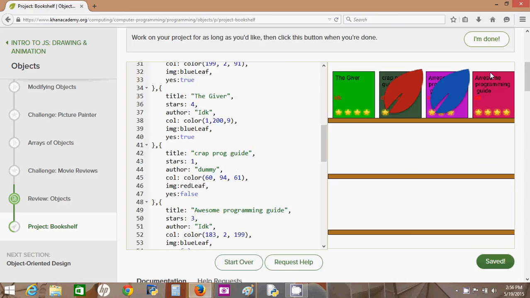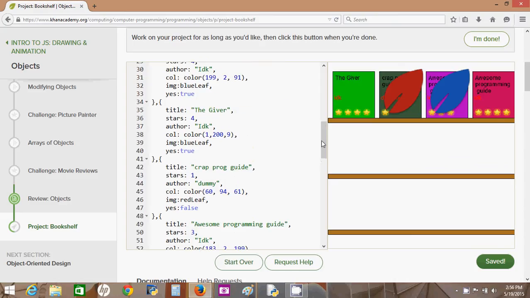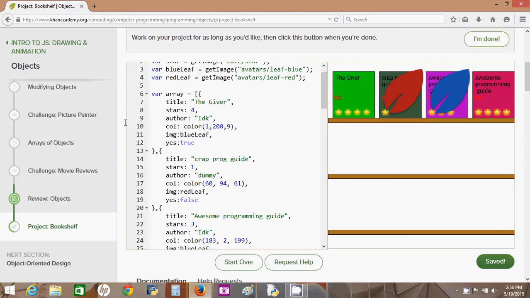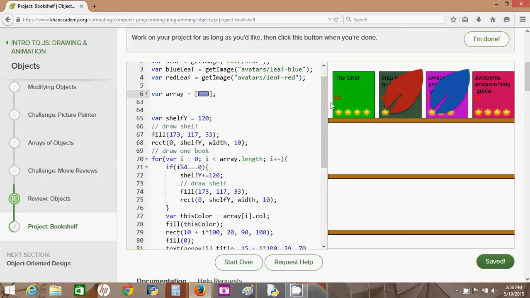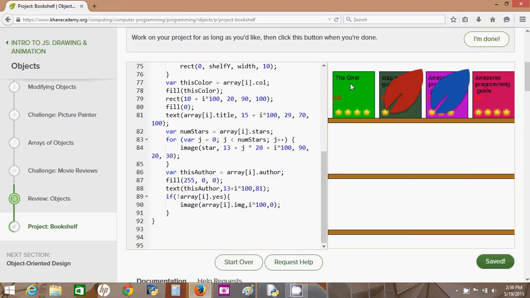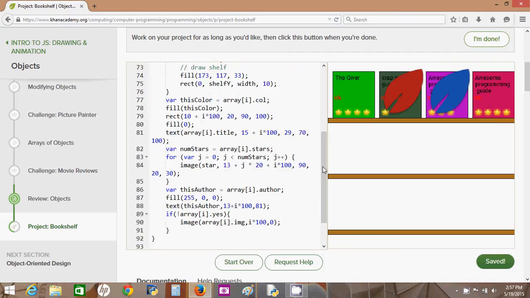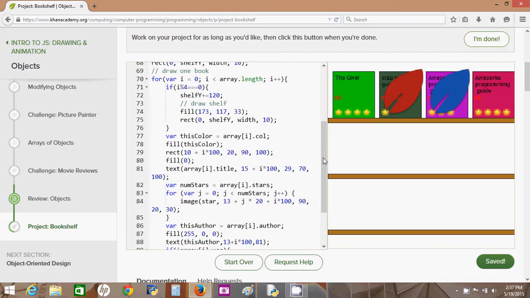Oh, I didn't have a way of wrapping the books around yet, so of course I'm not seeing more books. I just doubled the number of books in my array, and I was like, why aren't they wrapping around? Putting more caused more shelves to draw, but now I need... the books are being drawn right here, and I think there's a way to do this with mod,